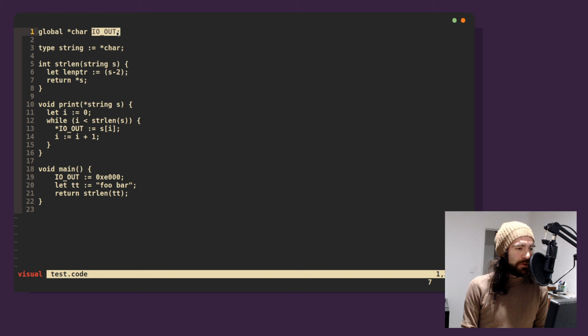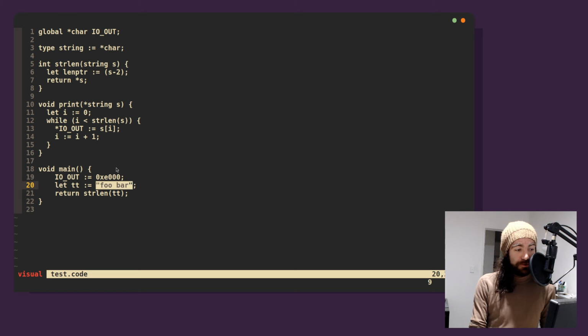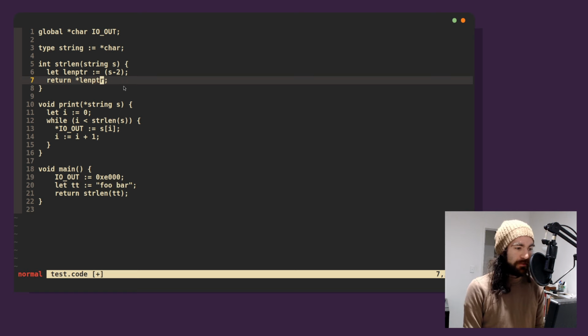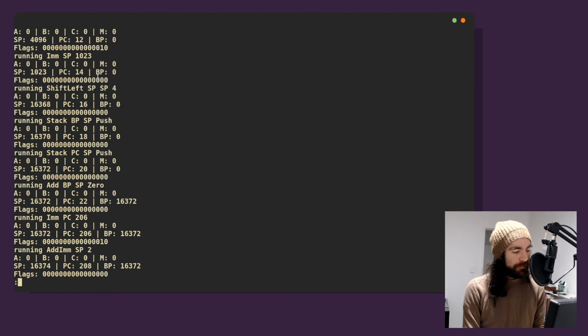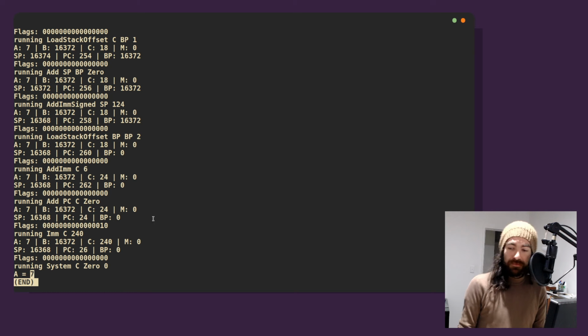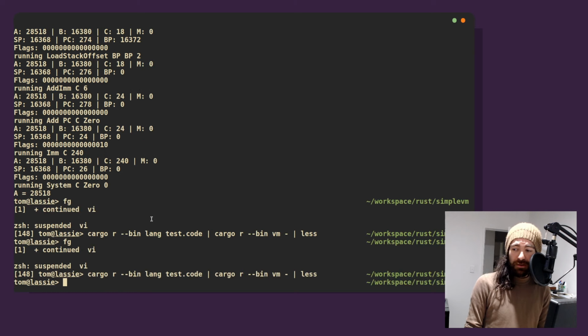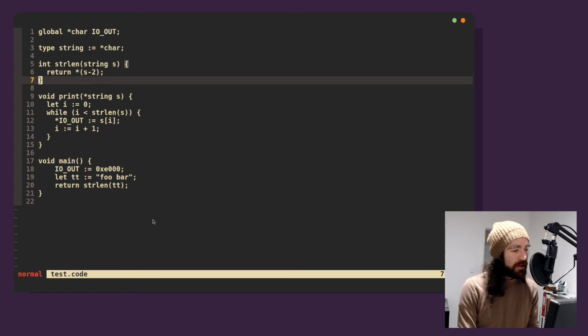This global would live at address 0. This string should start at 2, so that's good. Oh, right. Maybe this. Maybe because I forgot to do the thing. And actually, let's simplify this even more. Let's just dereference this directly. It's because I was doing the wrong thing. A equals 7. Nice. So string length appears to work. That's good news.